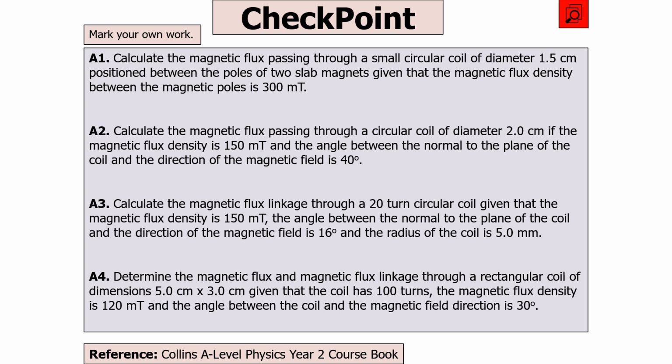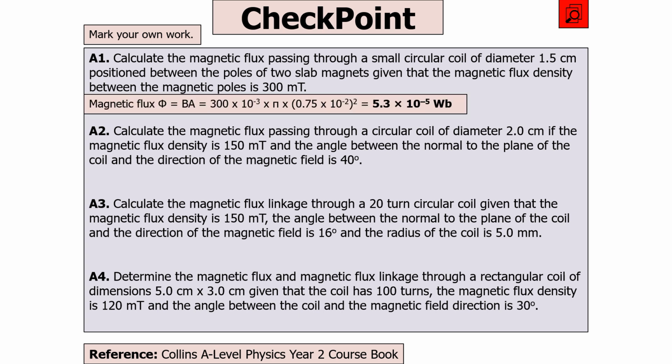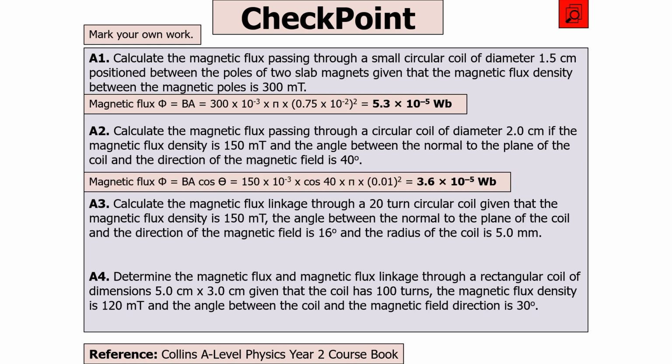Right, in our first one, flux equals BA. We know A is pi r squared, so remember to halve our diameter of 1.5 centimeters, turn it into meters, and pop it in the equation, so we get 5.3 times 10 to the minus 5 Webers. In our next question it is BA cos theta now. So again, we need to work out our area, which is pi r squared. So we halve our diameter to get our radius and convert centimeters into meters. We then work it all through and we get our answer to be 3.6 times 10 to the minus